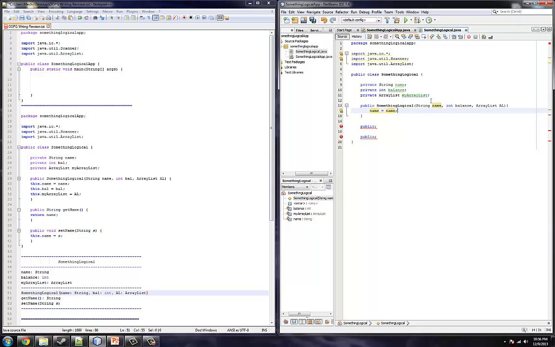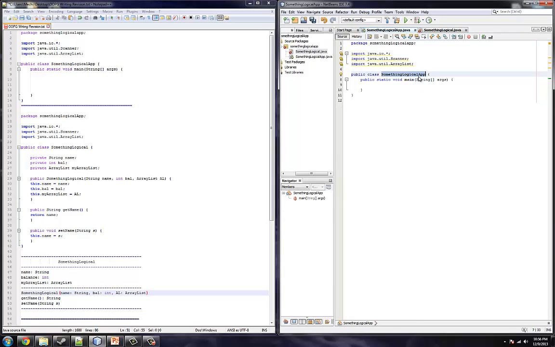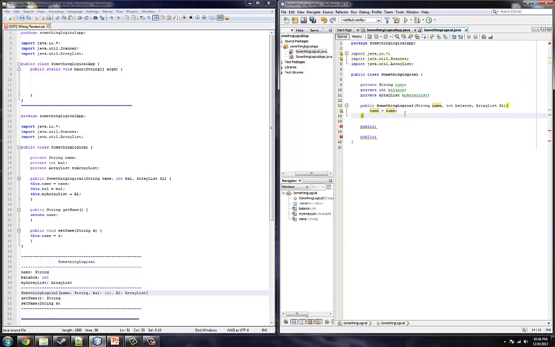What it basically means is later on in my app, if I were to type in something logical a equals new something logical, Damien, 100, my array list,